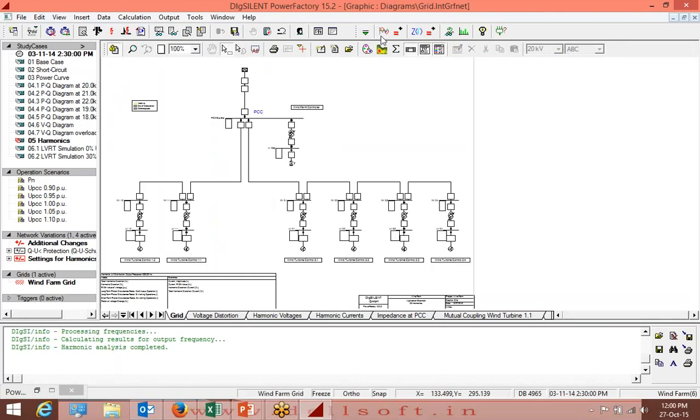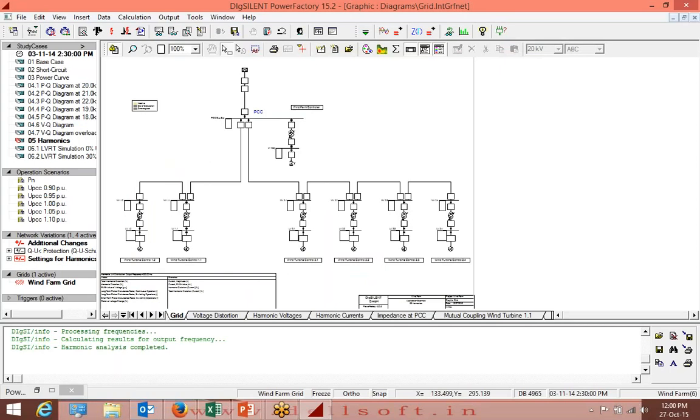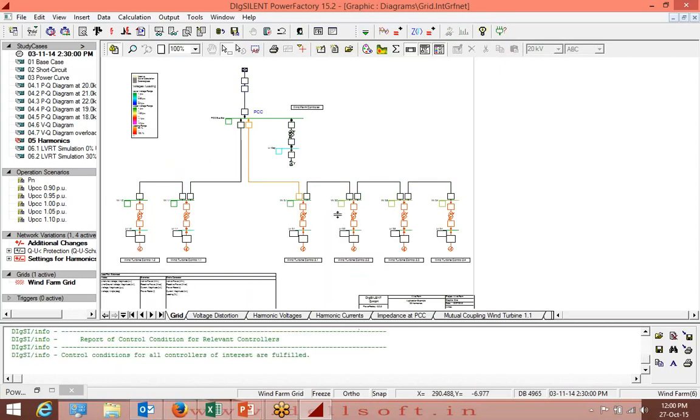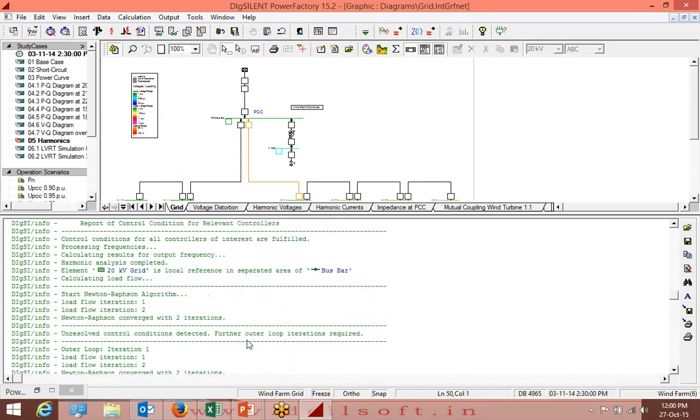For calculating load flow analysis, we just have to click on the network. This will execute. You can see in the output window the backend algorithms, how they are calculating.